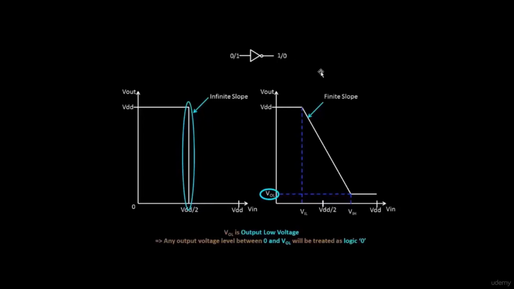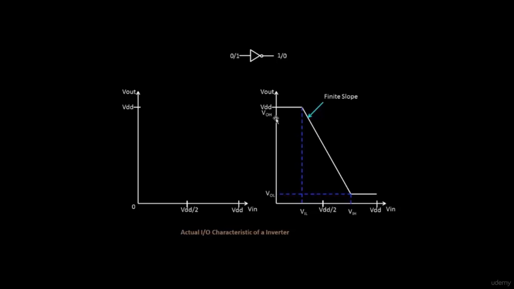Let's look into a more practical curve. So for example, we have the VOH also. So right now let's consider the output high voltage, or the maximum voltage that is attained at the output of this particular inverter, is VDD. Let's try to assume that now. We'll look into a more practical curve which looks something like this. So this is again a curve which has been derived out of the inverter. Basically we take the probes and put it over here, and then plot this particular graph. Okay, and this is a more practical curve that you will be seeing at the output of this particular inverter.